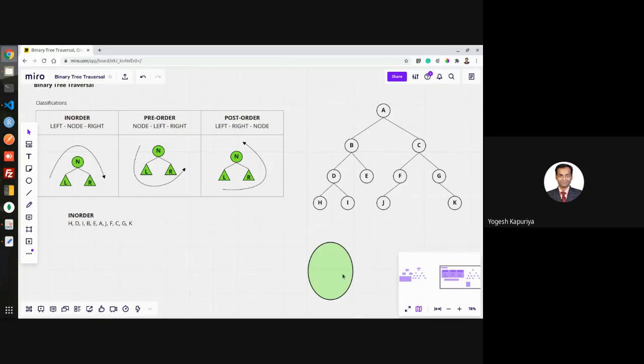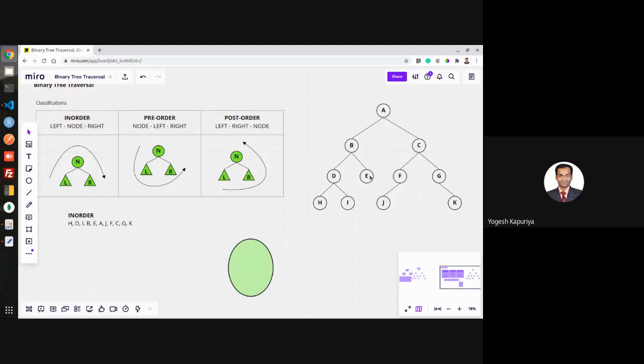Now, if you don't want to visit this and you have just been given this tree, then it's very simple. You start with the root node. In-order traversal says left, node, right. So you go to the left, again go to the left, again go to the left, again go to the left, node. So that will be the first value, then right, nothing. Again go to the node, D, right, nothing. Left, node, right, nothing. So this left is over, then node.